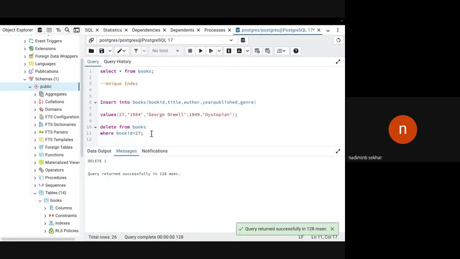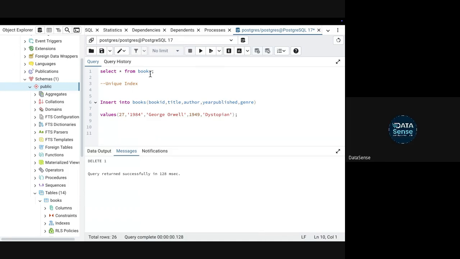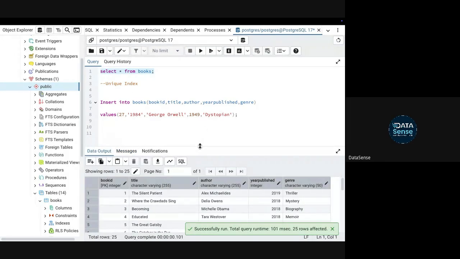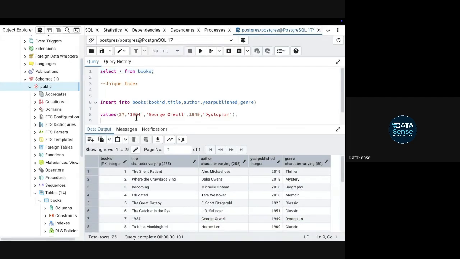Okay. Yeah, thanks. So now I want to enforce a constraint. I'll say that there should only be one unique value. There should be only one, like no book ID should get repeated. There we use the concept of unique index. So we will create a unique index here. We say create unique index.